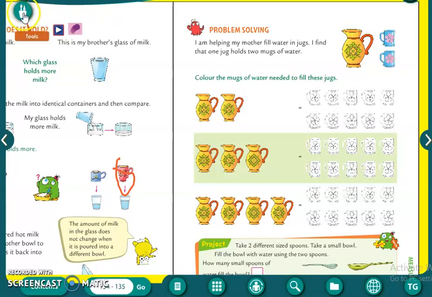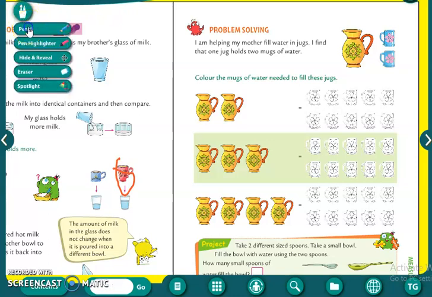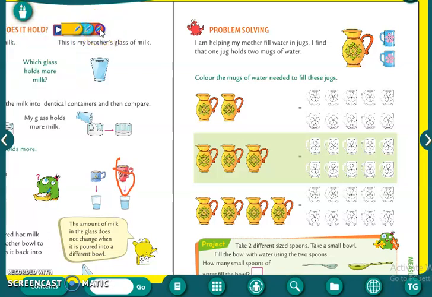Here also we have to see how much the mugs will hold. Now here, one jug can hold 2 mugs. हम ये जब 2 mugs इस जग में डालेंगे तो ये जग फुल हो जाएगा. तो हमको क्या फाइंड करना है? अगर 2 jugs, if you want to fill 2 jugs, तो हमें कितने mugs चाहिए? I am underlining it over here, students. You can color at home, okay? So 1 jug में हम लोग 2 mugs डाल सकते हैं. तो अगर 2 jug है तो और 2 mugs आएंगे. So it will be 4.